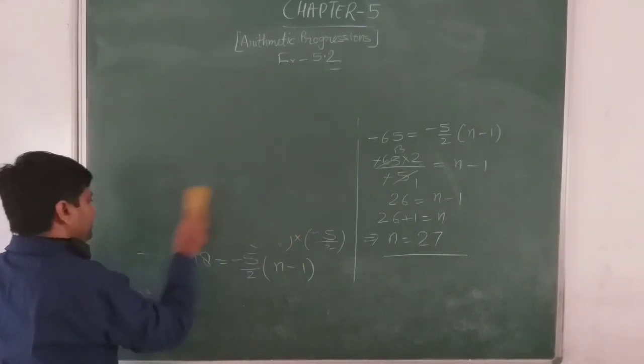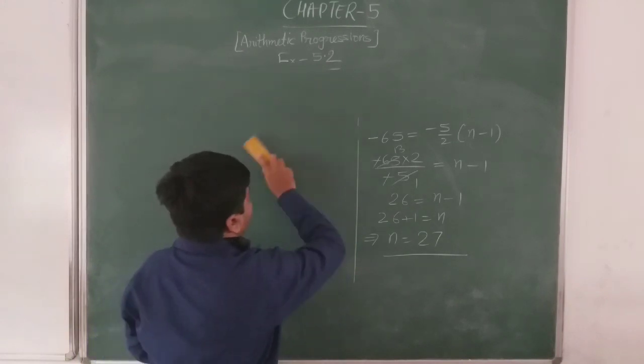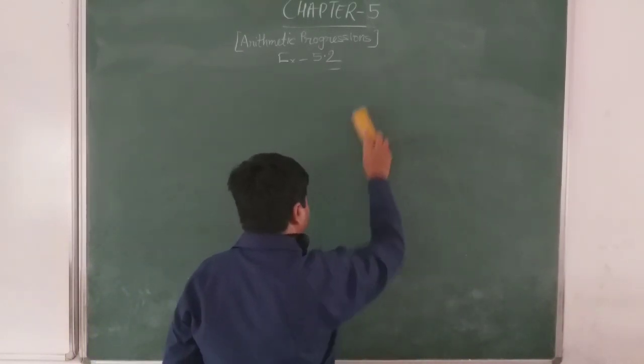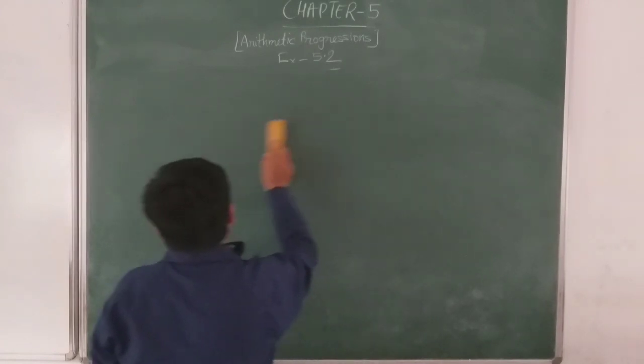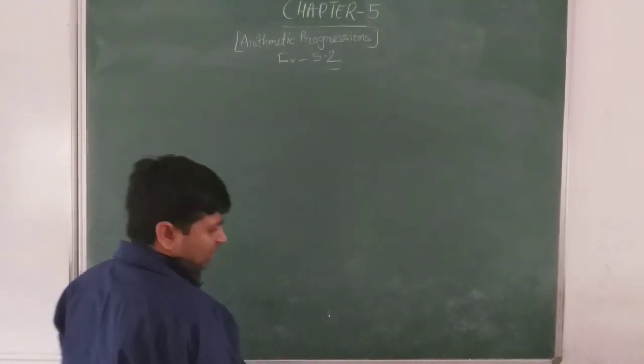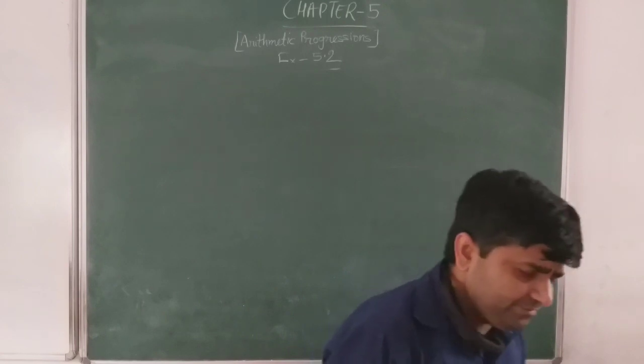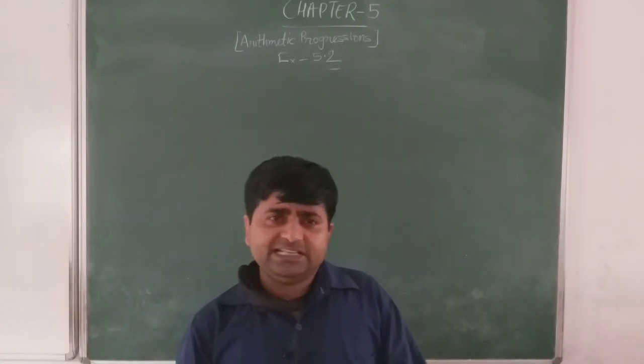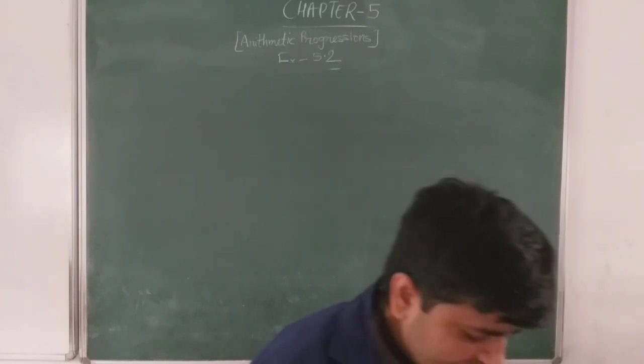So in sixth question we have to check, last term is given and we have to check this one is the term of this AP or not. Clear? So that number of terms is always a natural number or complete number. We are saying first term, second term, third term, 10th term, this type of number. It will never be a decimal number. So that is what we have to check.